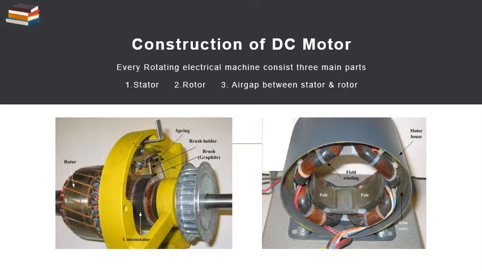This is the diagram of the stator of DC motor. Stator consists of main field pole or electromagnet, interpole, field winding, motor housing, carbon brushes or brush holder, etc. So these are the parts of the stator because these parts do not move or rotate. All these parts are stationary. So this is the stator.